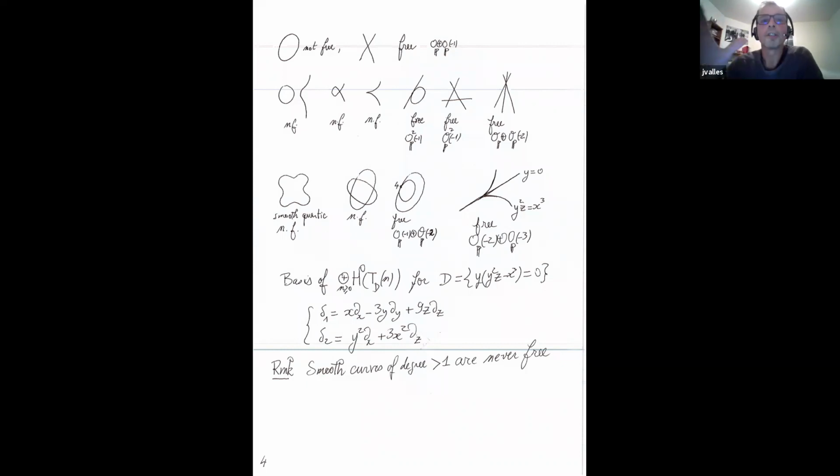But considering in general a curve with some kinds of singularity, it's not easy to determine directly if it is free or not free. So for instance, smooth curves of degree bigger than 1 are never free, and also nodal curves are never free, except in degree 2, and that's all, I guess. So nodal curves are never free. It's a result proved by Dimca and Sticlaru, I think. Or Dimca and Cernesi. At least Dimca is in it. I don't remember if he did it with Cernesi or with Sticlaru. I'm sorry for the second author.